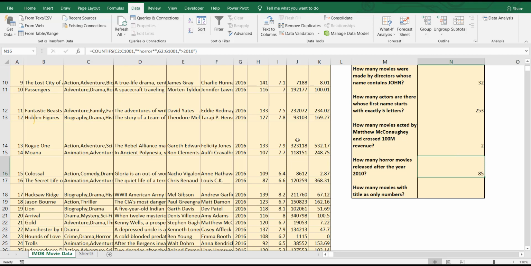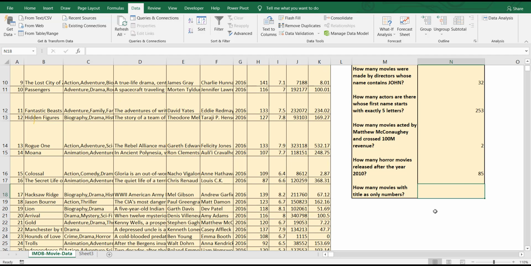85 horror movies, right? And the next one is how many movies with title as only numbers. You remember we have a few movies released with only numbers like 99, 7. 99 is a movie released in India, right?